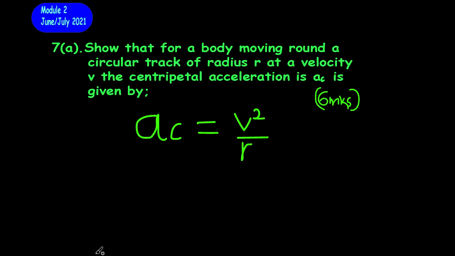So here we have another one. Show that for a body moving around a circular track of radius r at a velocity v, the centroidal acceleration is given by this equation. So we'll begin by